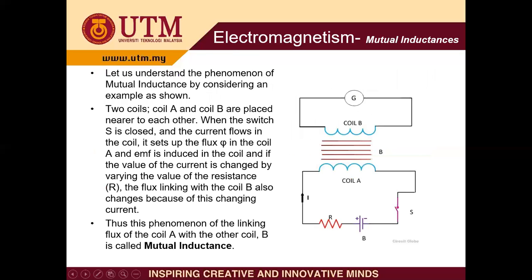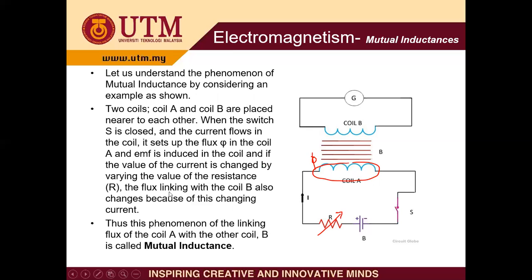So to understand more what mutual inductance is, let's consider this circuit. There are two coils, coil A and coil B, placed near each other. When the switch S is closed and the current flows in coil A, it sets up a flux in coil A, and an EMF or voltage is induced in coil A. And if the value of the current is changed by varying the value of this resistance,